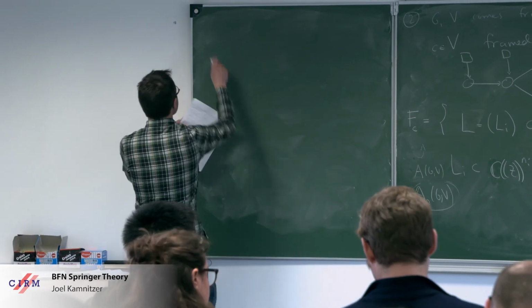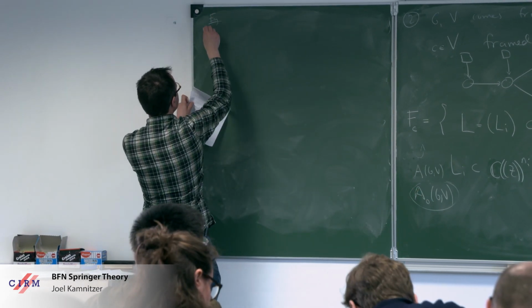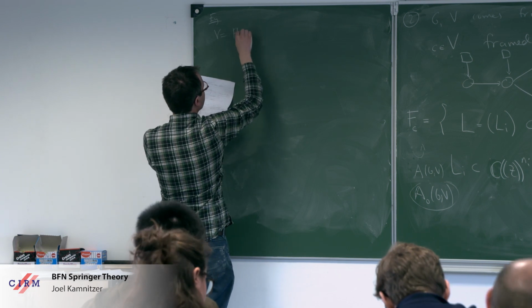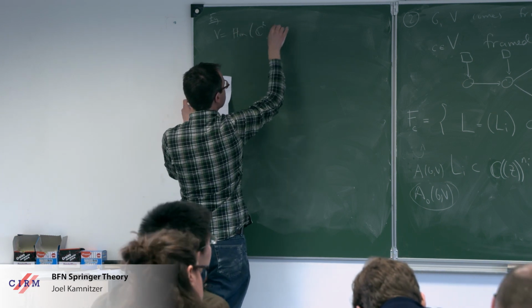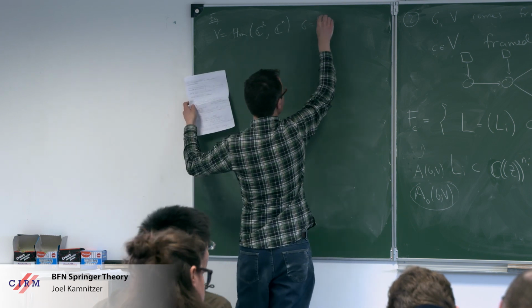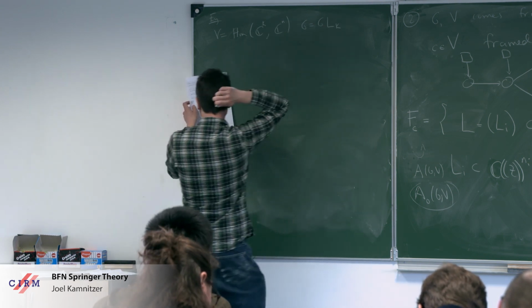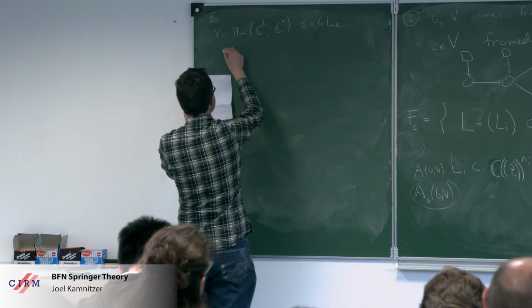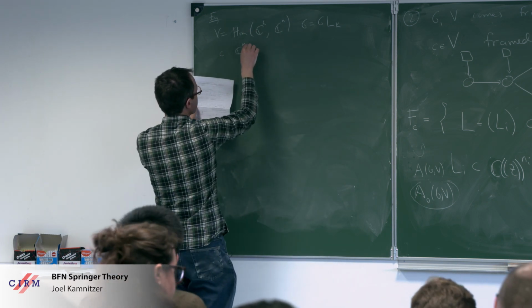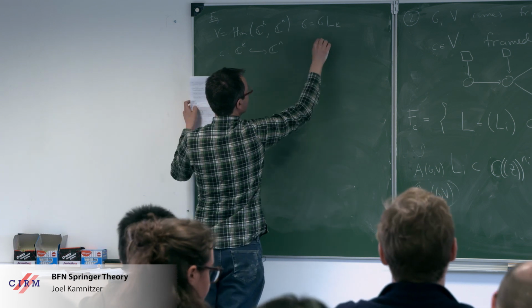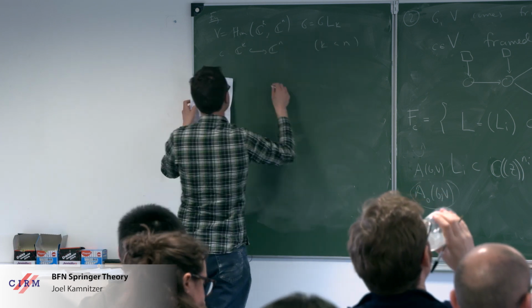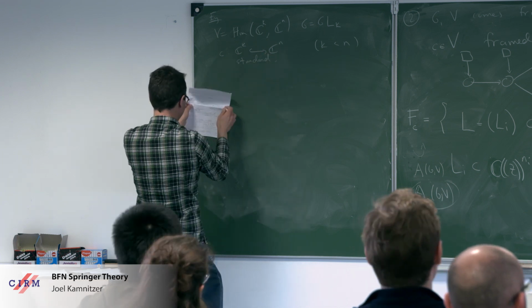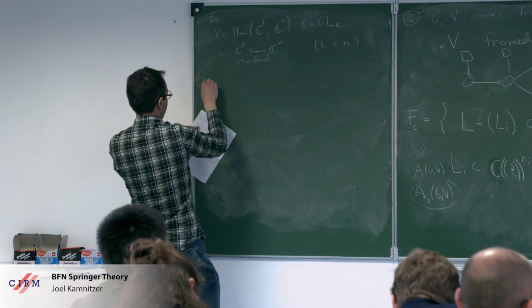So just an example of this. If I take my simple example with Hom from C^k into C^n, and as usual, G is just GL_k. C will just be the standard inclusion of C^k into C^n, where k is less than n. Standard inclusion, although I could take any injective map really. Then this quasimap space